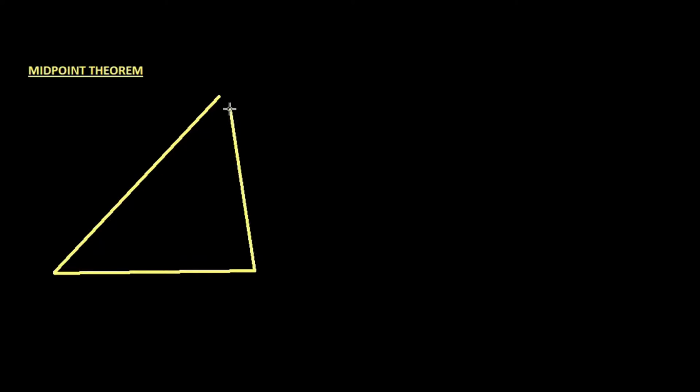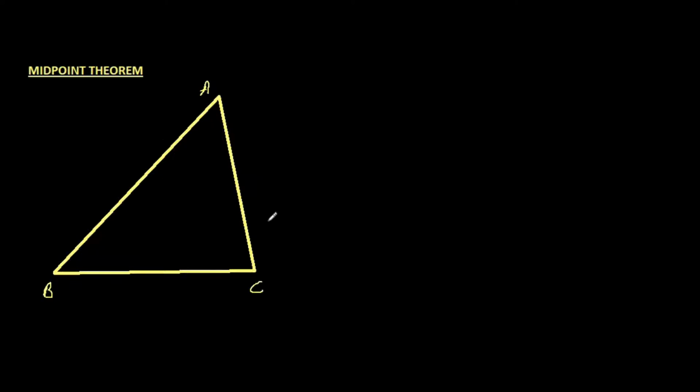So first of all, since we are talking about the midpoint theorem of a triangle, let's start with a triangle. That's the first step that we need to do. Let me take a large triangle and say, let's have a triangle like this. Okay. And because we name the figures accordingly, we name the triangle also. Let me call this triangle ABC.